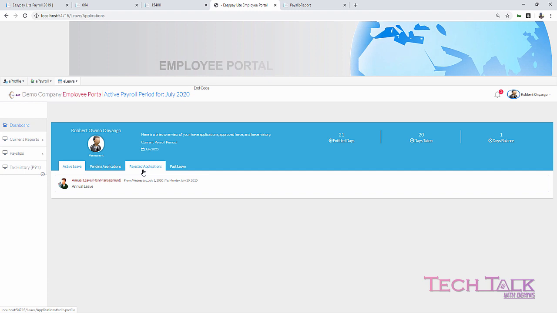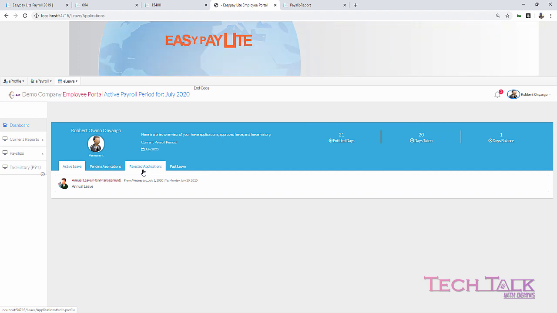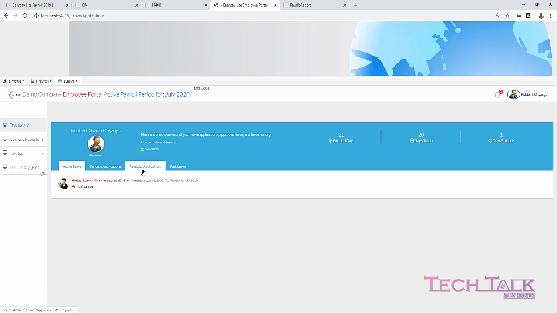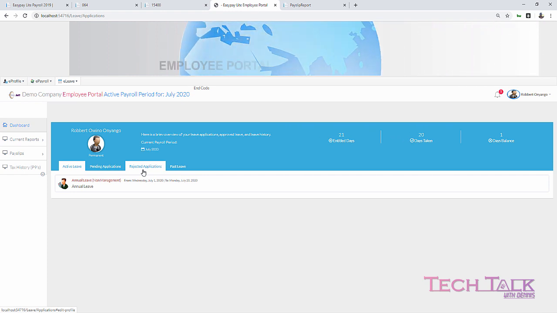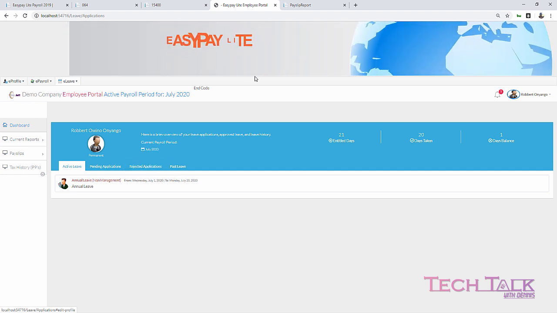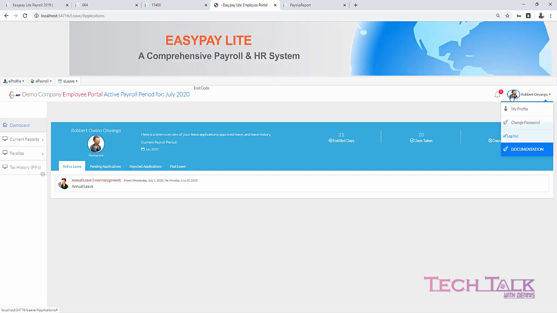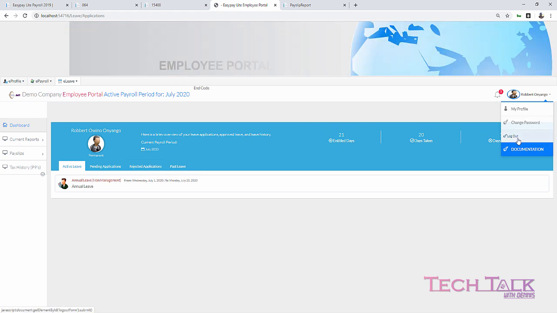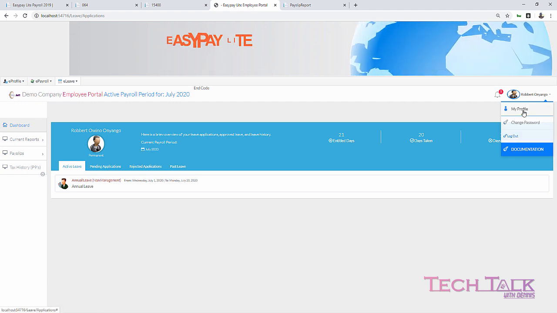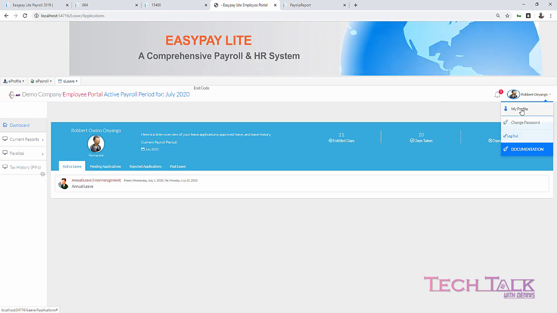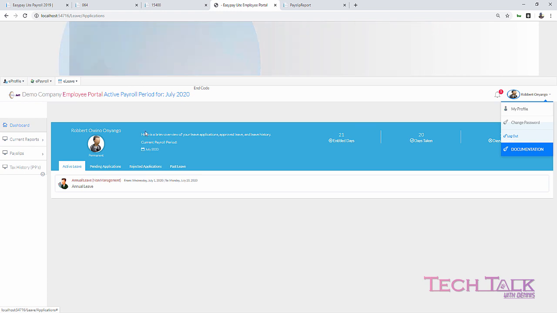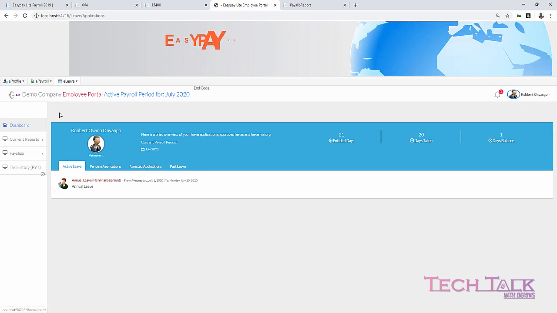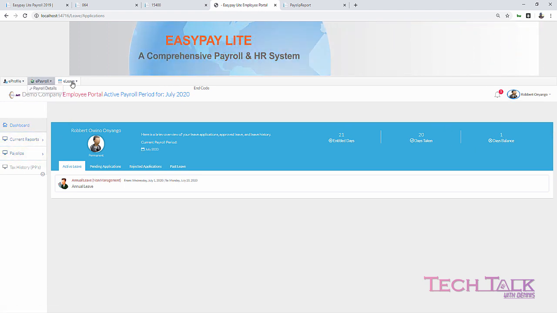We can probably now take a look at the other types of leave that do not follow all these calculation procedures but still go through the same application process. So we can just assume, still under Robert, that Robert apparently now wants to take a future leave. He knows that perhaps his wife is about to give birth anytime, so he wants a paternity leave. So we can go to our